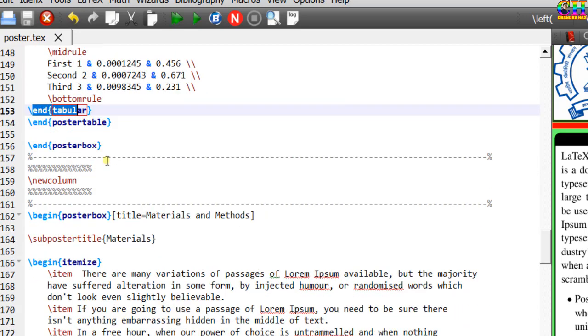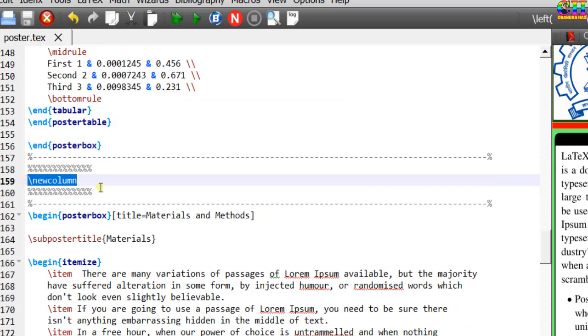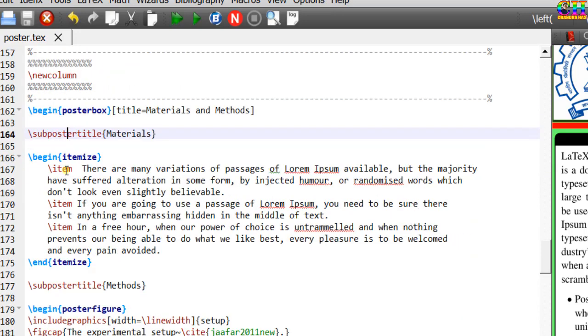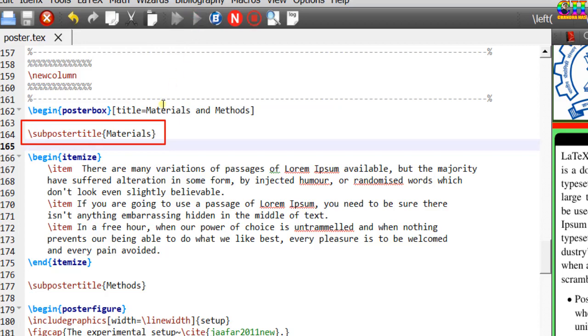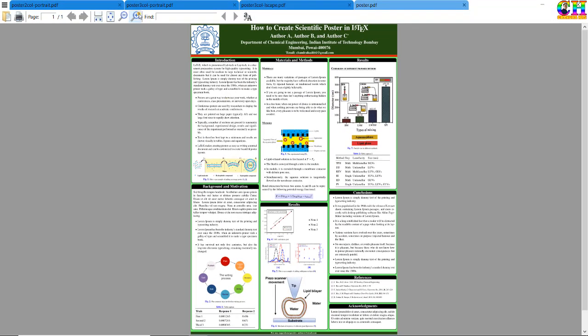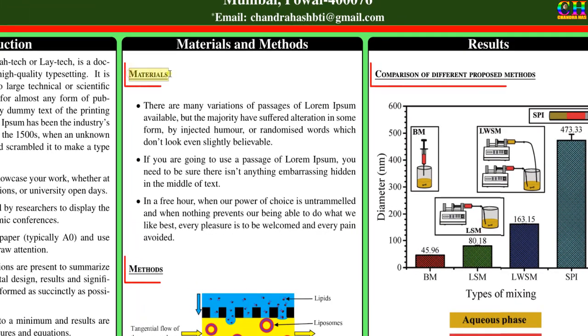Once first column is completely filled, then you can use a new column command. After that, in a similar way, begin poster box, title, and then content. For subsection, you can use a sub poster title command, as it can be seen here.